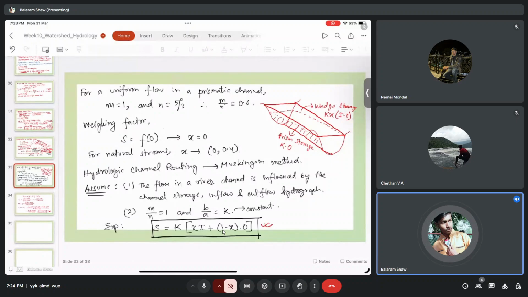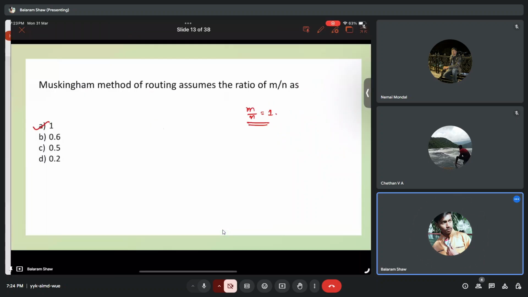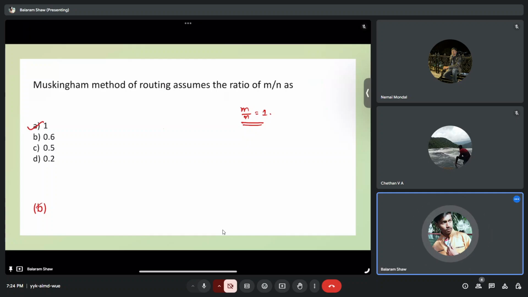Yeah, the correct answer will be 1 only, because the Muskingum method considers it as 1 only. So if this B is wrong, it will be A. Okay? Yeah. So the next question is,